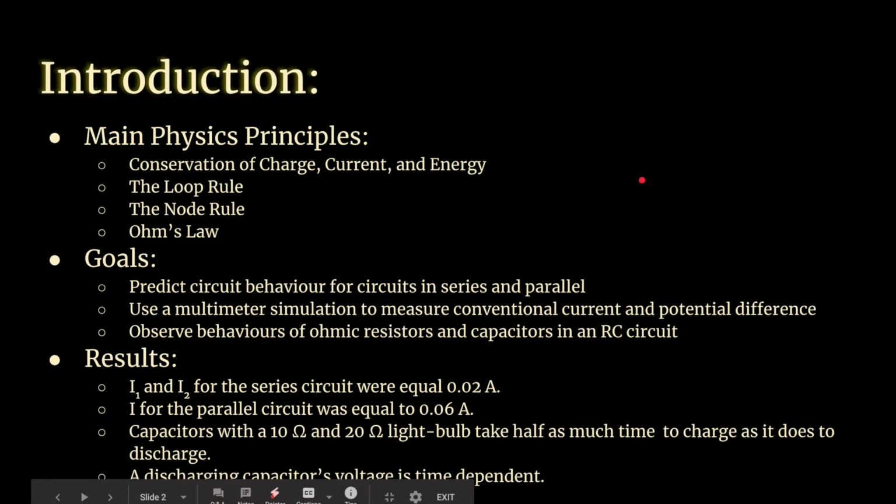Introduction. For our main physics principles, we have more generally the conservation of charge, current, and energy, and more specifically, the loop rule, which is the sum of each component's potential difference is zero in a round-trip circuit. The node rule, which is the sum of the currents going in is equal to the sum of the currents going out, and Ohm's law, which simply states R, resistance, is equal to the absolute value of potential difference divided